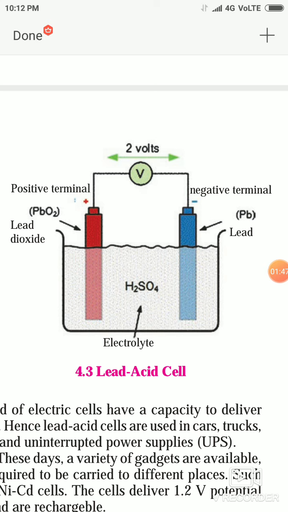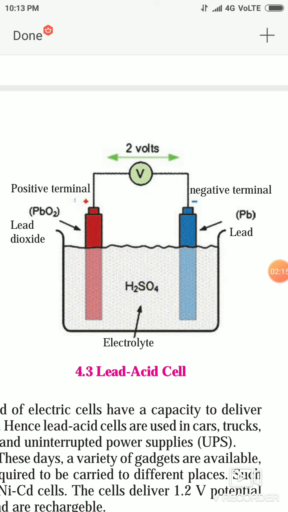That means because of the chemical reaction between the substances in the cell, electric charge is produced due to lead and lead dioxide. Lead plays the role of the negative terminal and lead dioxide plays the role of the positive terminal. So in this way the lead acid cell works and it creates a large amount